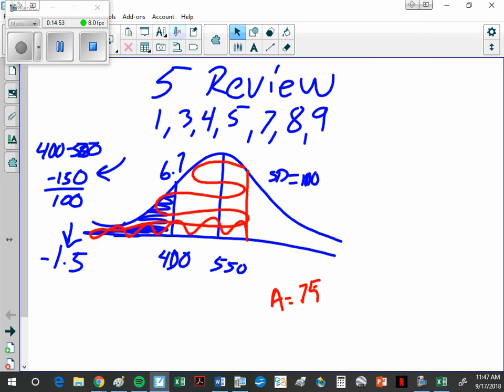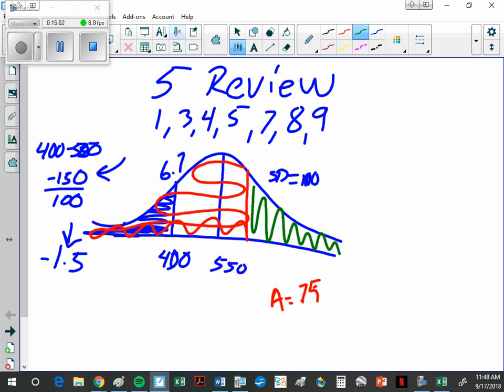And I don't know any way in the calculator to look this up. So what we have to do is calculate the area to the right. How much is to the right? 25%. And how does that help us? If we put 25% on the other side, then that gives me 50% in the center, and I have a table that will tell me 50% in the center, and it would be